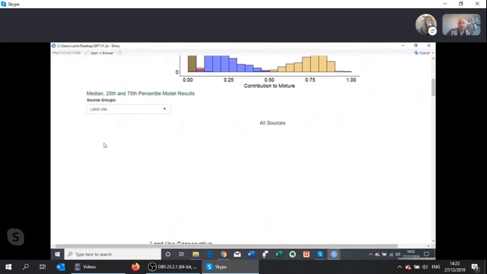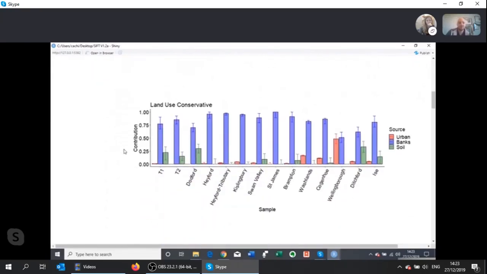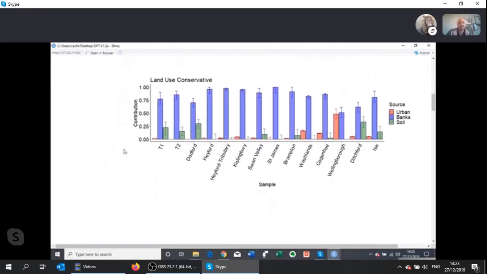Yeah, it's another way of showing the graphs, but it shows all the samples. I've only got conservative, but it shows all the samples together. So we know this result's not the most reliable, and from the virtual mixtures we've seen, we're likely to be overestimating the contribution of sediment from channel banks. But it is really suggesting that channel banks are the dominant sediment source, apart from maybe in this Wellingborough sample